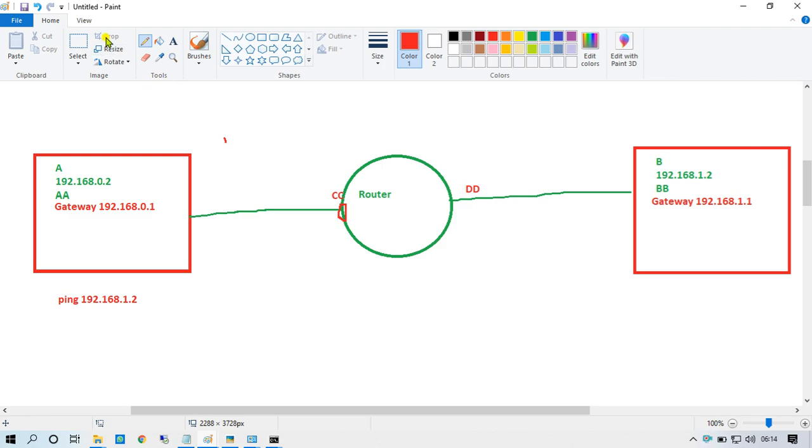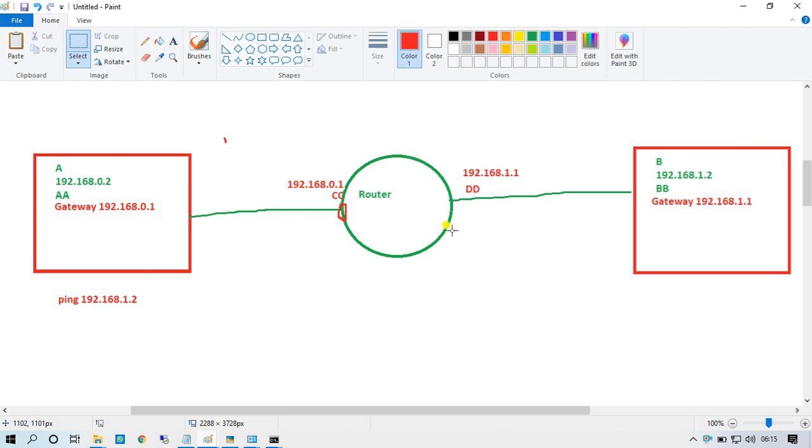The gateway IP address is assigned here. The IP address of CC is this one, and DD's IP address is this one.